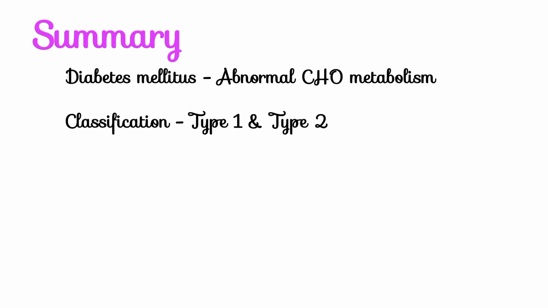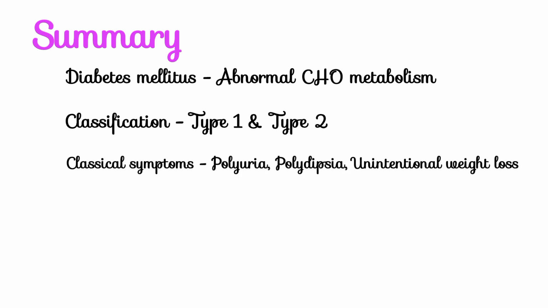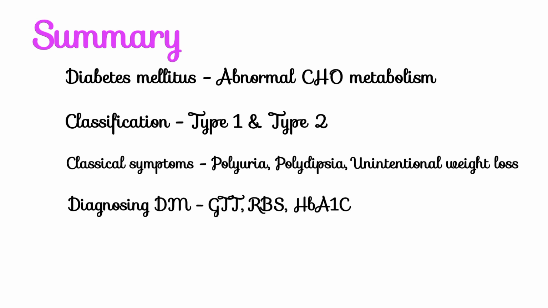Let's summarize diabetes mellitus. Diabetes mellitus is an abnormal carbohydrate metabolism which is characterized by hyperglycemia. Classification of diabetes mellitus: two main classifications, type 1 and type 2. Type 1 is due to autoimmune destruction of pancreatic beta cells. Type 2 is due to insulin resistance. The classical symptoms of diabetes mellitus are polyuria, polydipsia, and unintentional weight loss. For diagnosing diabetes mellitus: glucose tolerance test, random blood sugar, and